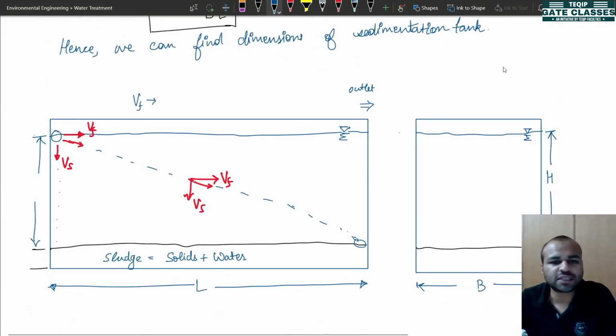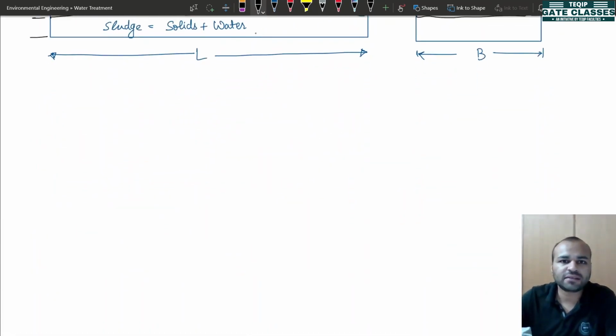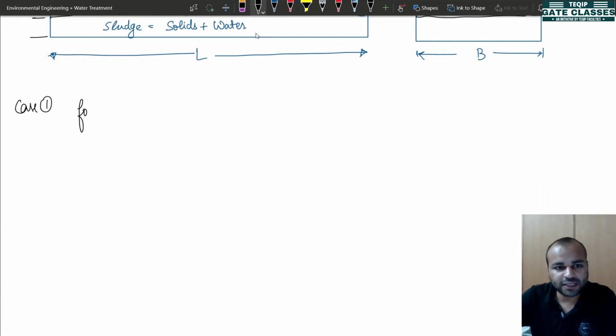Okay, so I've got this diagram here. Now let us consider some different cases. I will be drawing particles and we will be analyzing what will be the sedimentation process for them. So for example, let us also write the different cases that we will be discussing. So case 1 for particle